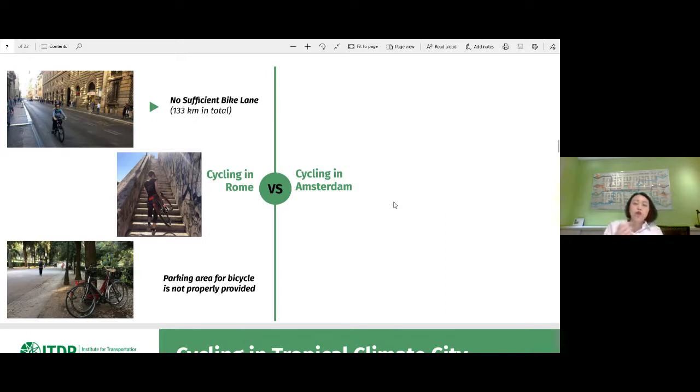And when you go to Rome, there are not sufficient bike lanes. In total, there are only 133 kilometers of bike lane in Rome, access to the bicycle track is difficult, and the parking area is also not properly provided.